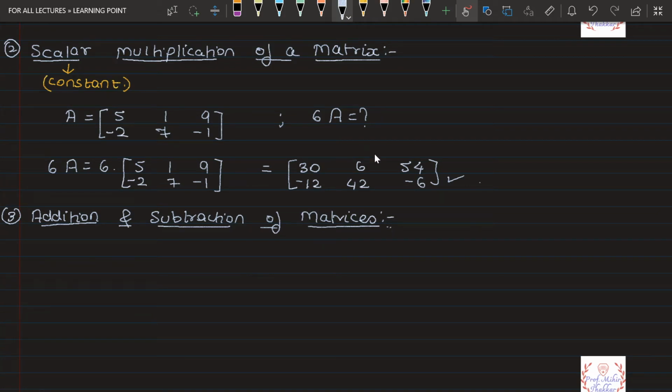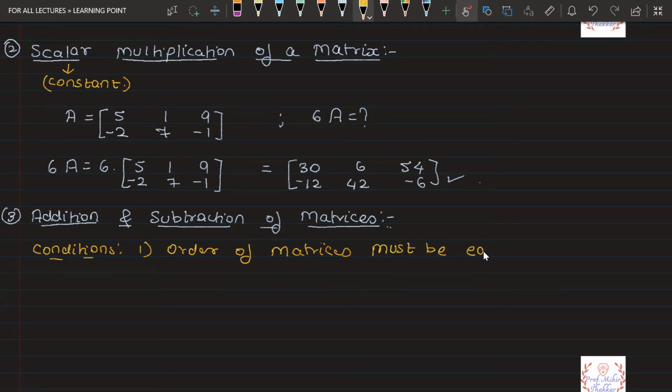Now in addition and subtraction, again there are two simple conditions. Condition number 1, order of matrices must be equal,